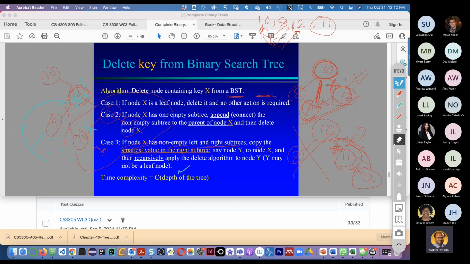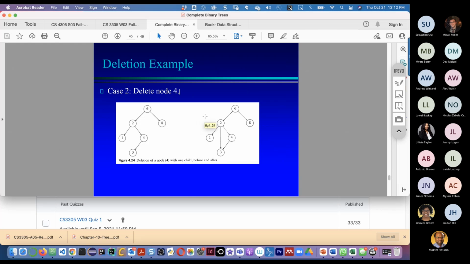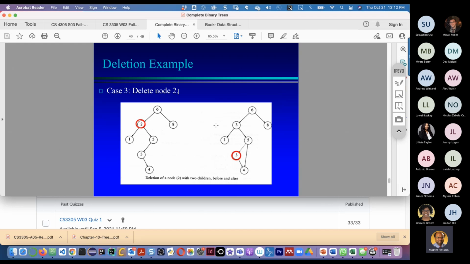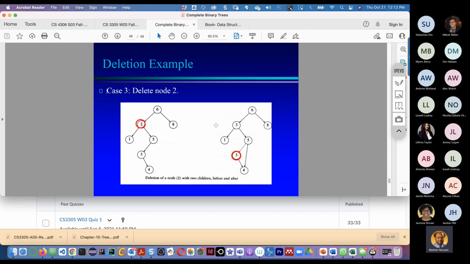Okay, let us take the attendance. So for instance, deleting this. I give an example. Quickly, in order to delete this 2, it has a right subtree.